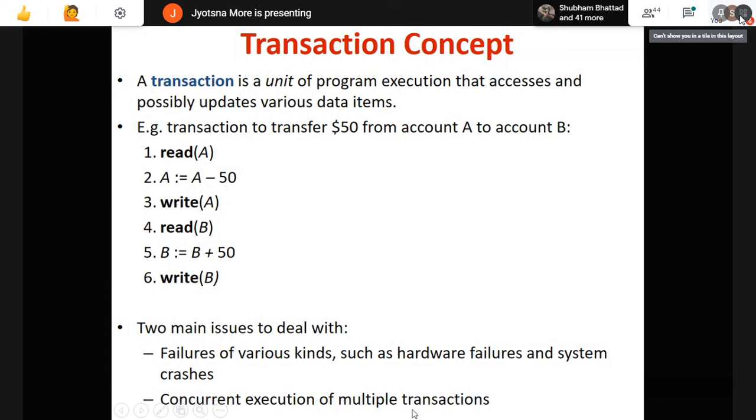The second problem is concurrent execution of multiple transactions. Right now, this is going on. But after some time, another customer comes who wants to deal with a similar type of transaction or wants to use the A or B account. It is not a bank account, but right now consider the same account the person wants to use. If multiple transactions want to get executed simultaneously, that is known as a concurrent transaction. That is not possible in this simple way, right? So for that, we have to find some solution.